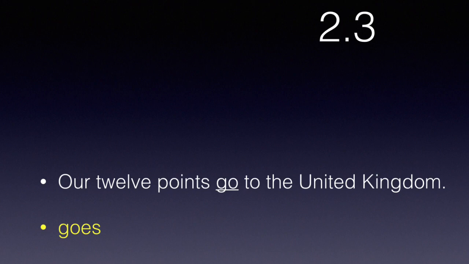It sounds like there are 12 individual points which each develop legs and then they go to the United Kingdom. When we say our 12 points, what we actually mean is our result. And so we say our result goes to the United Kingdom, our 12 points goes to the United Kingdom. This is another example of where the subject is the entity that you imagine in your head rather than the purely grammatical subject. Just from looking at the word points and seeing an S and thinking that must be plural.